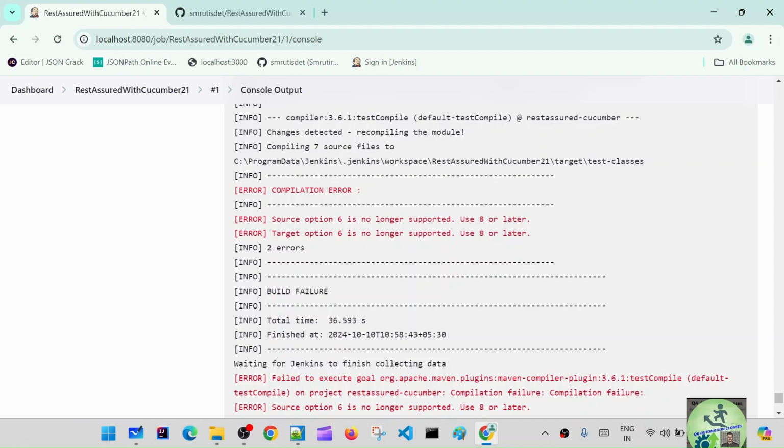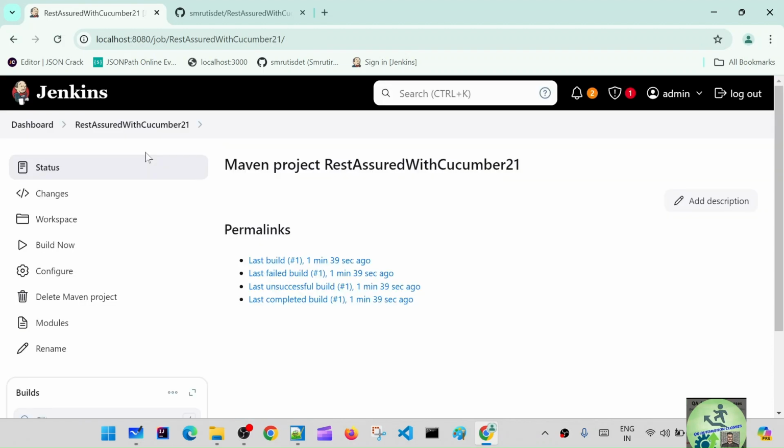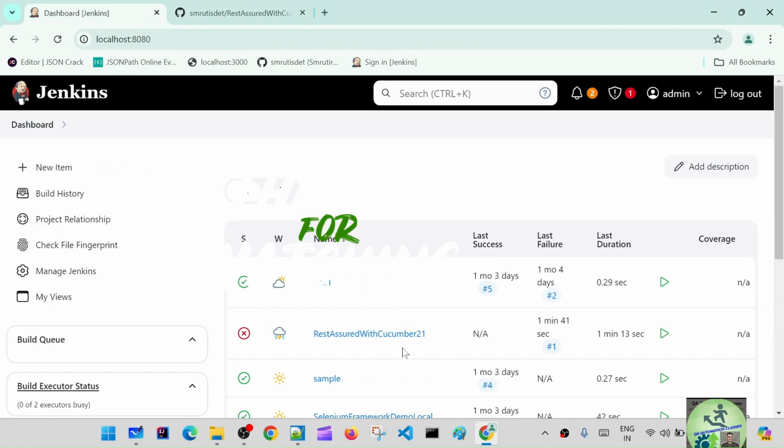So yeah, it is giving a compilation error, but it is connecting and it is trying to run it. Okay, so it is like any other job, you can now run it. And you have seen, I have generated this token for 7 days, right? After 7 days, this job is going to fail. Okay, so make sure if you want to run it,